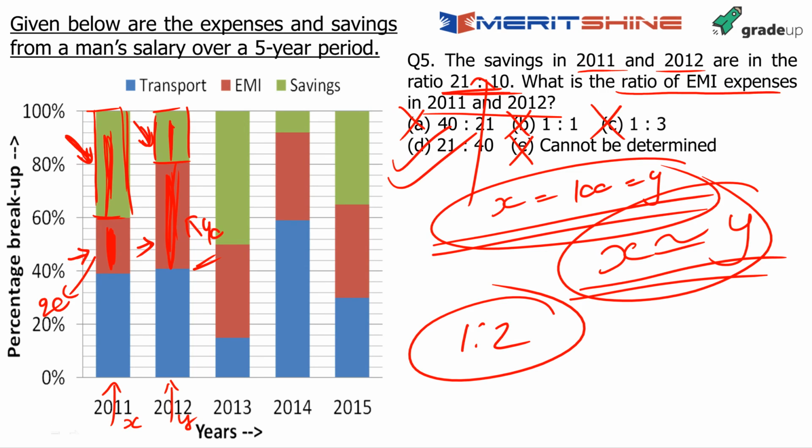ये तो सिटर है. मतलब the moment you understand it कि मेरे को पहले स्टेटमेंट से I realize that the salaries for 11 and 12 would be equal. दूसरे से मेरे को पता चलेगा it's 20%, that's 40%. Answer has to be close to 1:2. What is the only option close to 1:2? 21:40. That's your answer. 10 seconds.